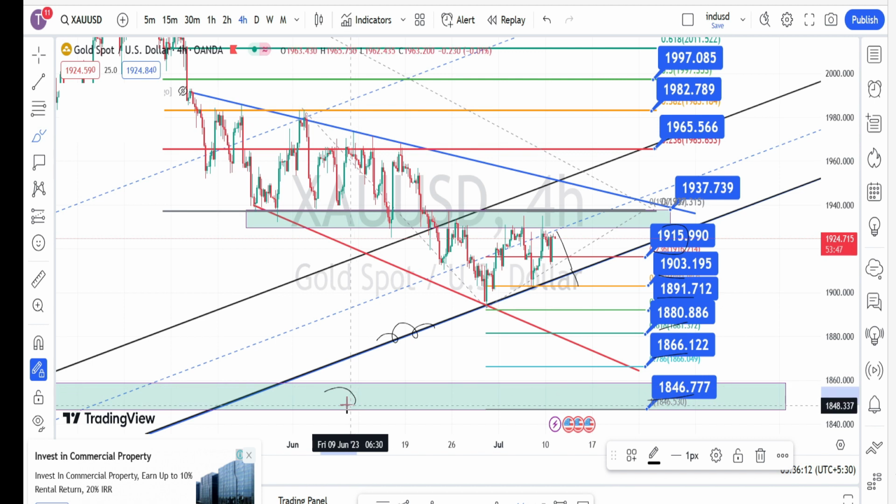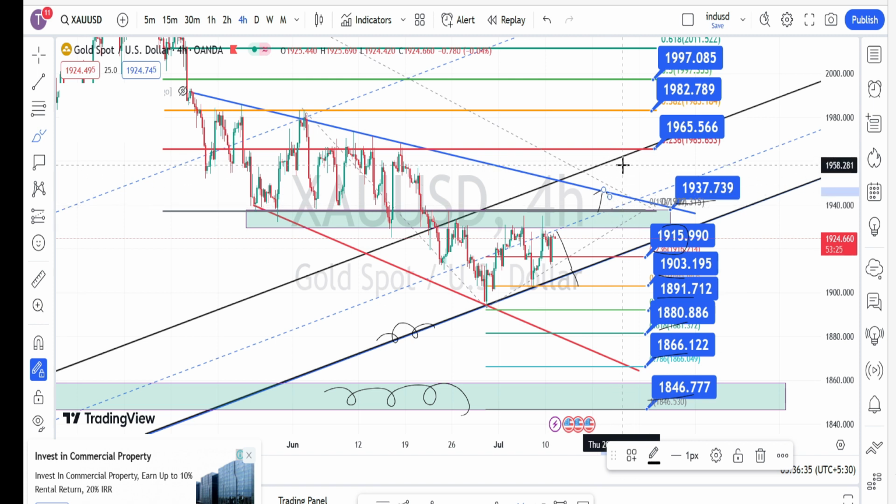This is going to be the very strong demand zone for the 4 hours time frame. And on the bullish side, if the price action breaks this resistance level of 1937, next level of resistance is going to be the daily time frame trend line or the resistance line. Once this resistance line is breached, next level of resistance is going to be around 1965, 1982,